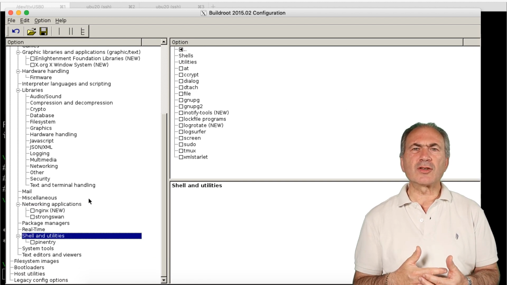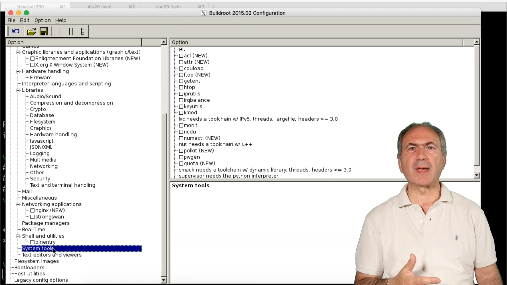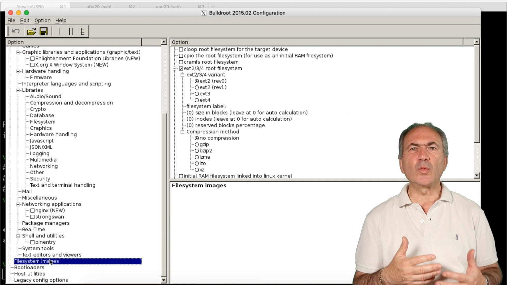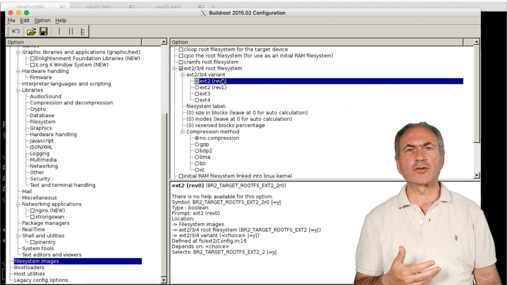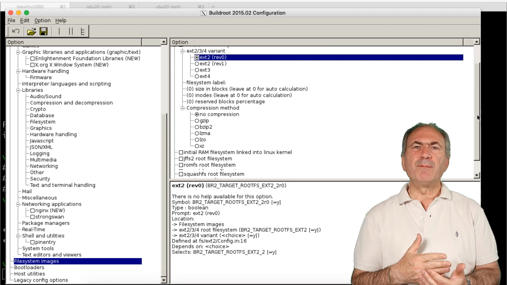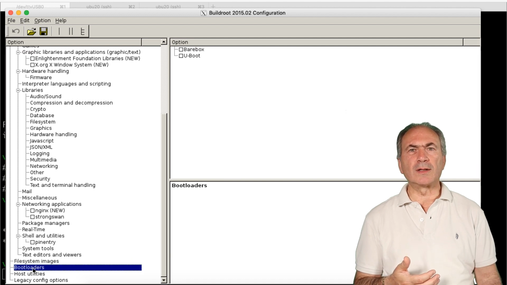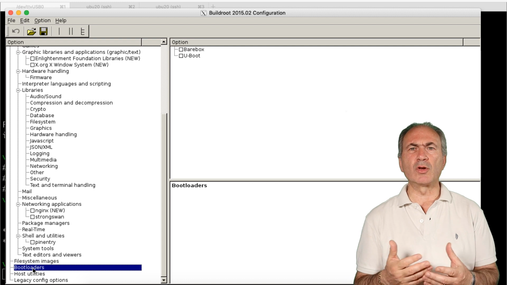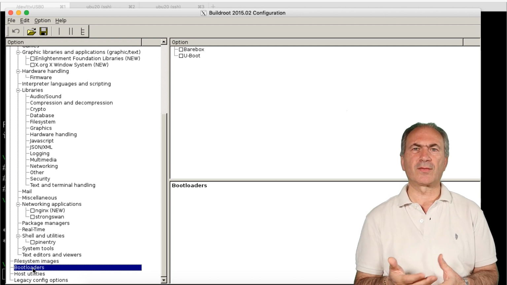In the file system image section, we select the format of our root file system image. This is the format that will be used by QEMU. We will use the default, which is an ext2, a compressed file system image. Buildroot also allows generating a bootloader for our device, but in our case we don't need the bootloader for QEMU because QEMU can do the job of the bootloader by itself.